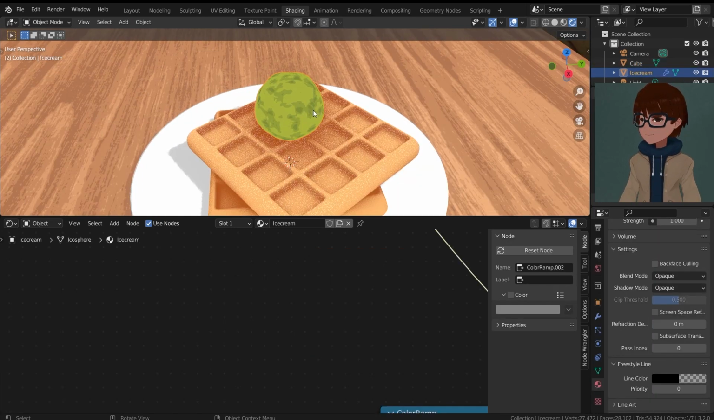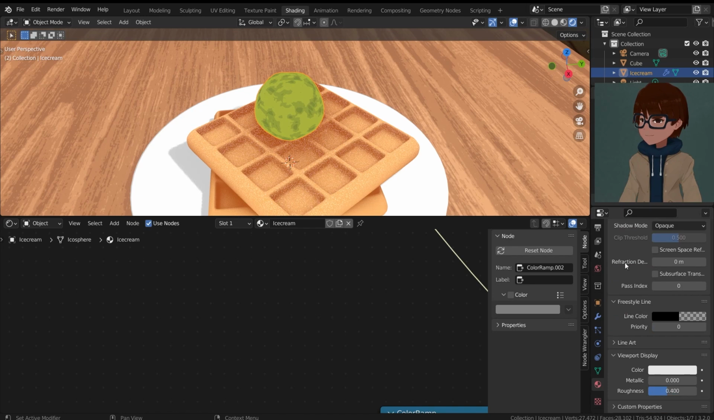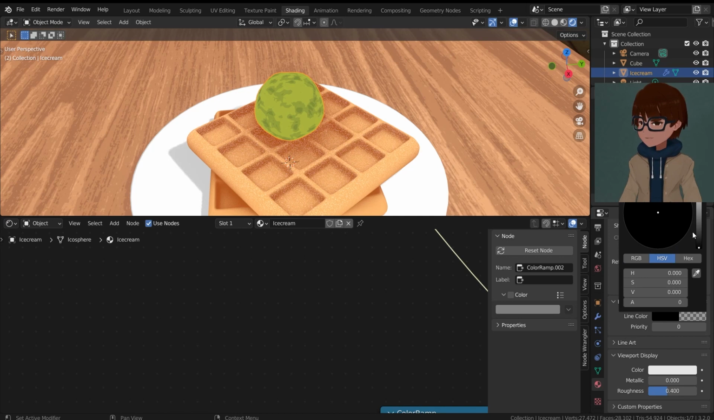So now perhaps we can go back to the materials of all objects and start messing with the Freestyle line color. So if we go to the right down here of each material, we can see this Freestyle line setting. So we can change this color to match our object. So let's say for this ice cream, I want a color that is kinda like a dark green color for